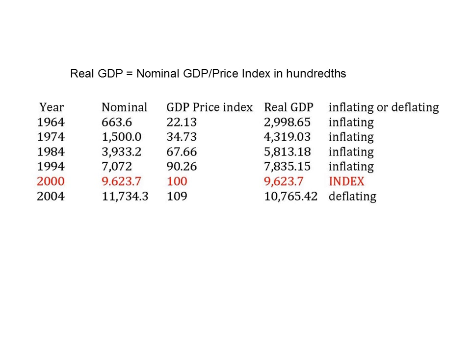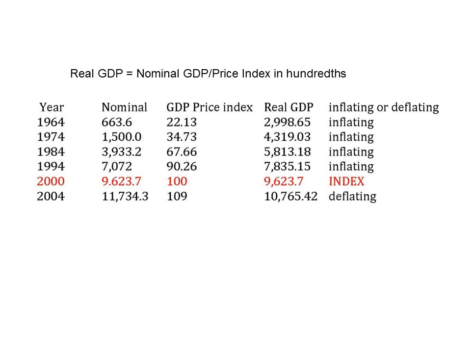For every year prior to the base year, '64, '74, '84, and '94, the real GDP number is going to be larger than the nominal number. And that is because goods and services on average had lower prices in those years than they did in the base year. Notice that also over time, the adjustment gets less and less. In other words, the first adjustment was quite steep, 663 to 2,998. But notice for 1974, 1,500 divided by 0.3473,